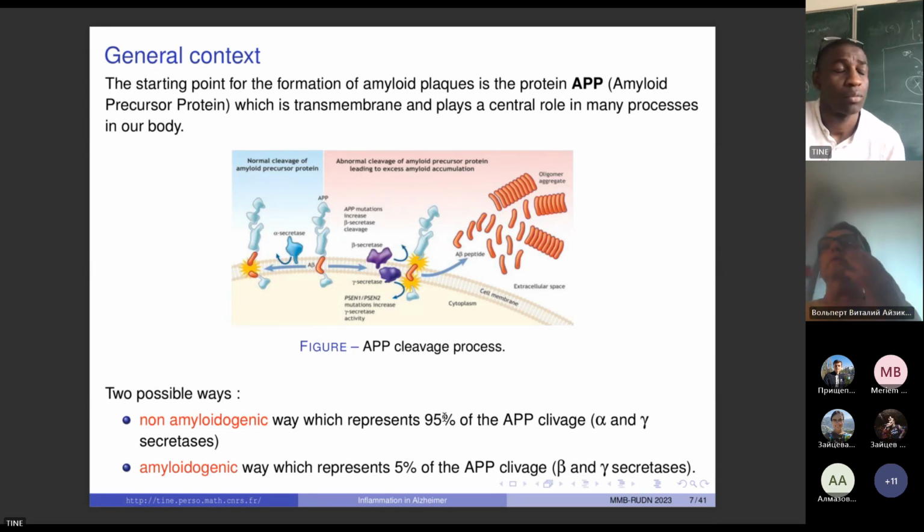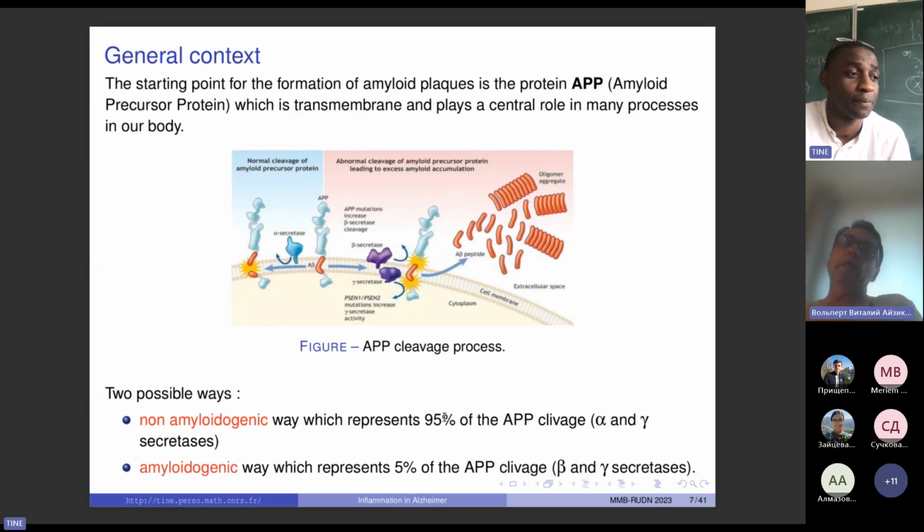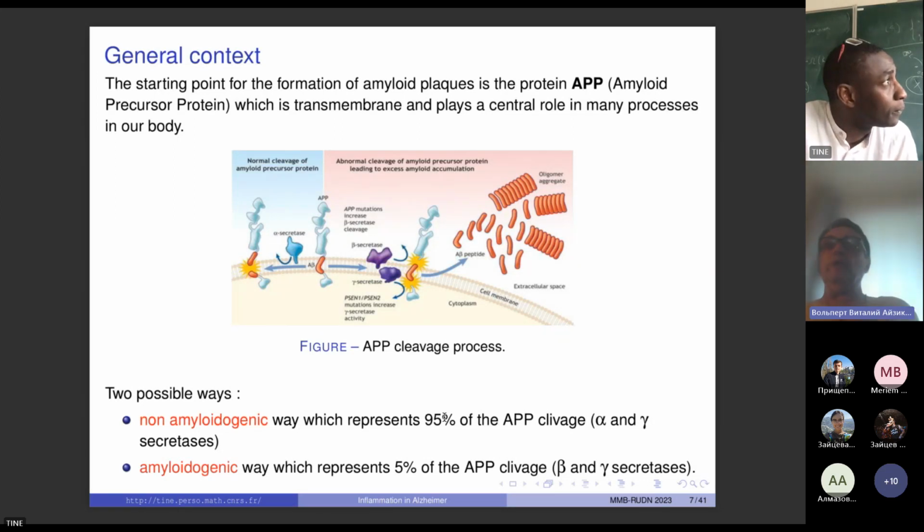We don't have confirmation yet, but the hypothesis is that, for all the people, there is more time to develop these mutations, and these mutations lead to larger production of beta secretase. Yes. At this point, when there are mutations, there is production of beta secretase and production of beta amyloids, and